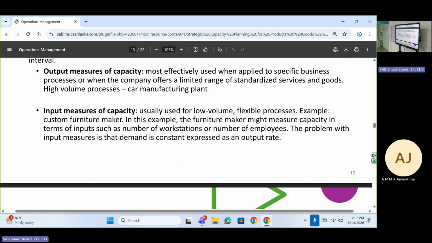This is mostly used in, write down that. This is input measures. I'm giving you the explanation. This is mostly used in mathematics. This is mostly used by organizations like